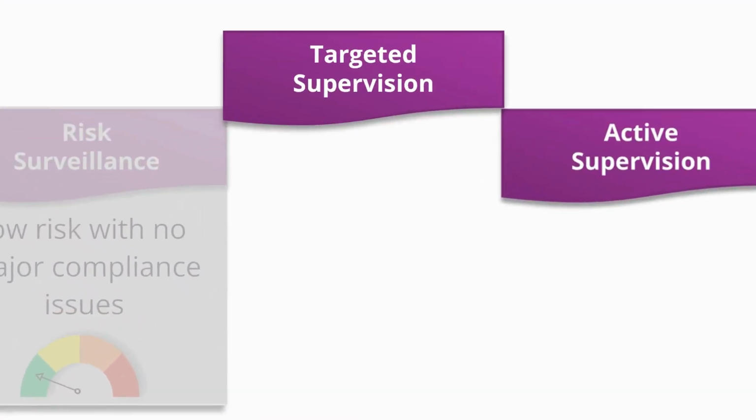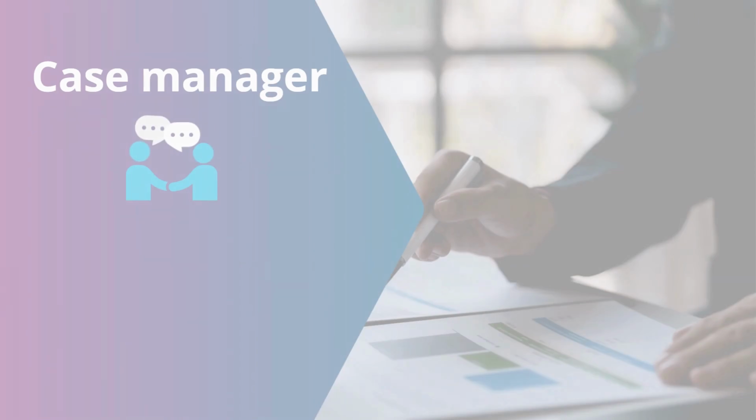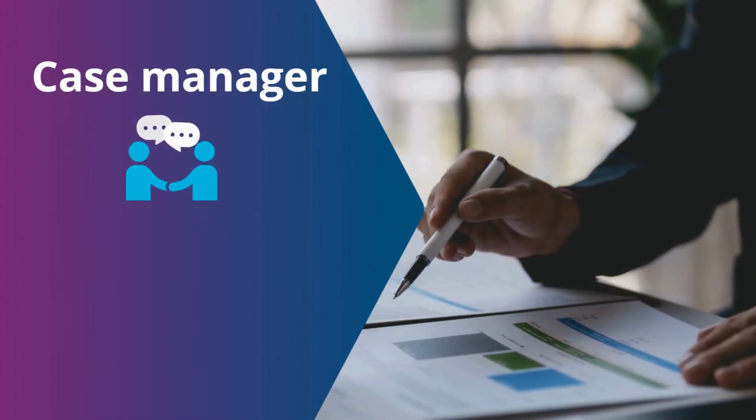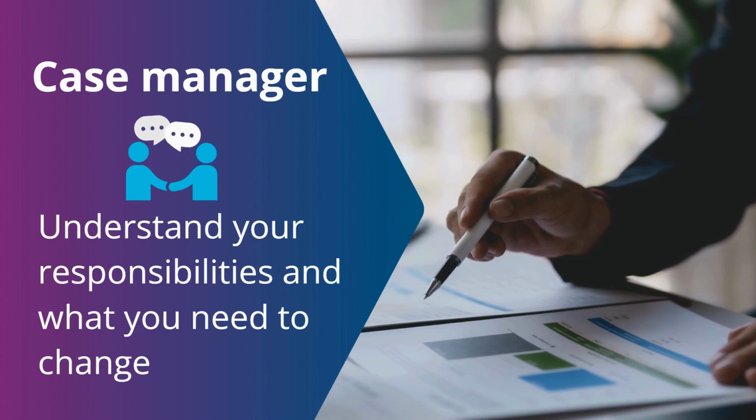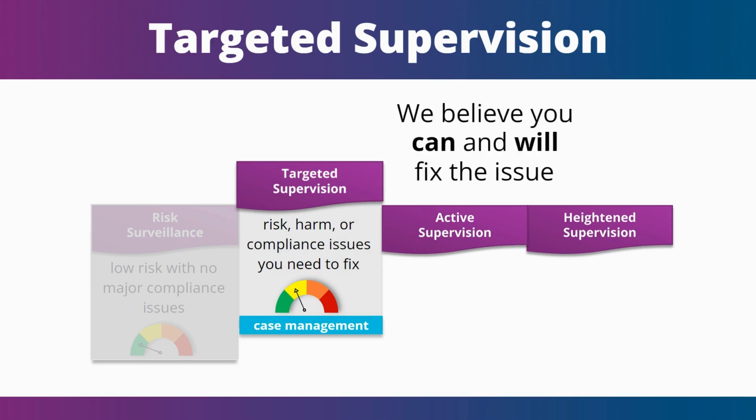Targeted supervision is when you have a risk, harm or compliance issue that you need to fix. A Commission case manager helps you understand your responsibilities and what you need to change. If you're at this supervision status, we believe you can and will fix the issues and stop them from happening